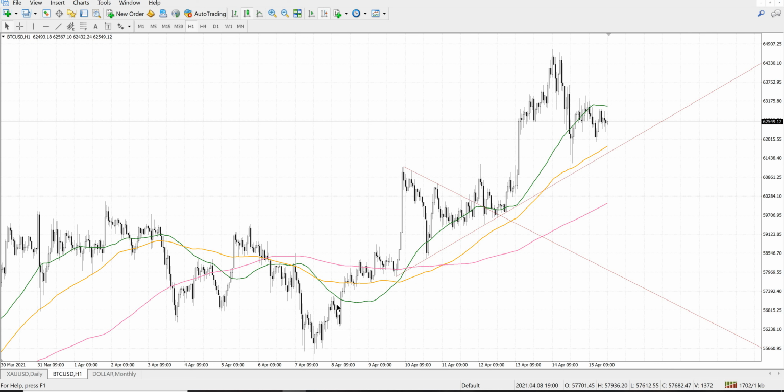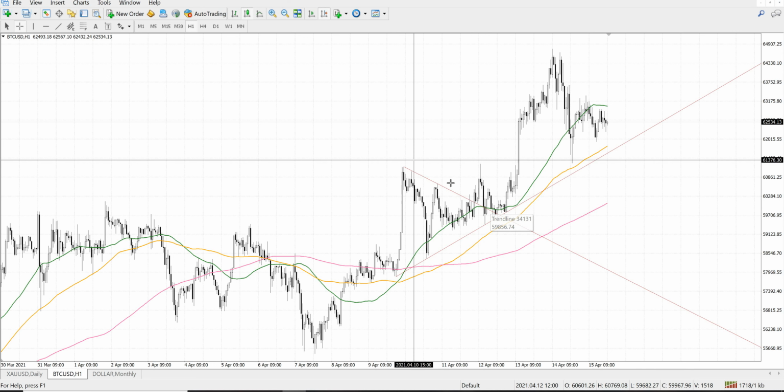Now, a bull flag is when it's coming out of a bullish movement. A bear flag would be if it was coming down and then did this. Bull flag is coming up and then forms the flag pattern triangle. When it breaks out, what it's going to try to do is it's always going to want to test that